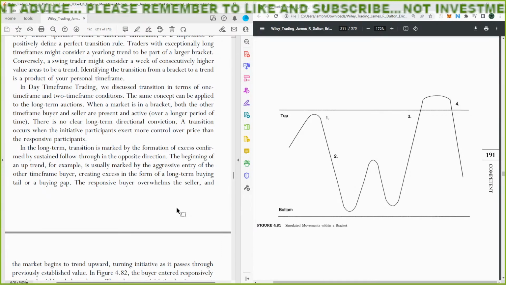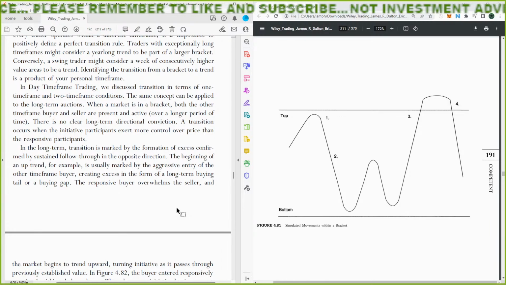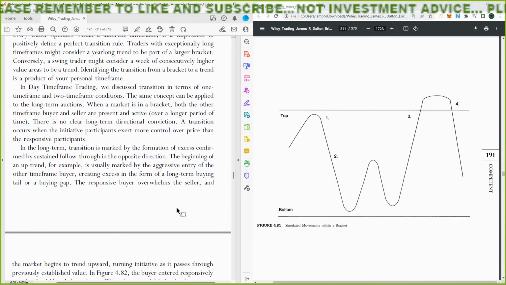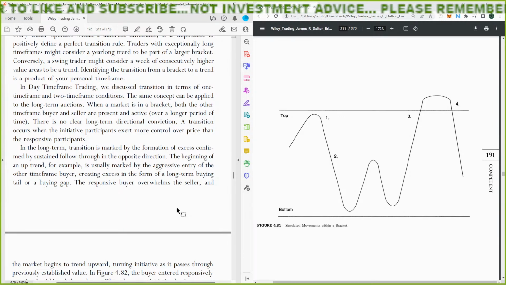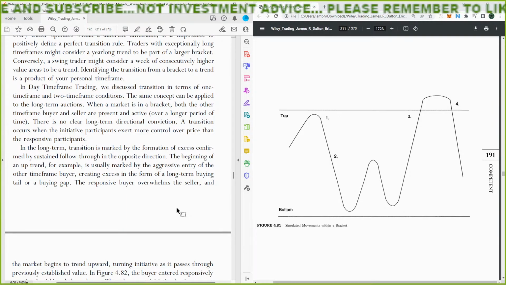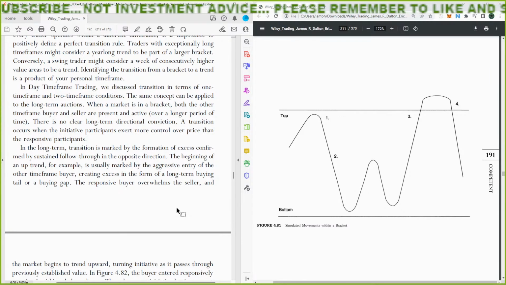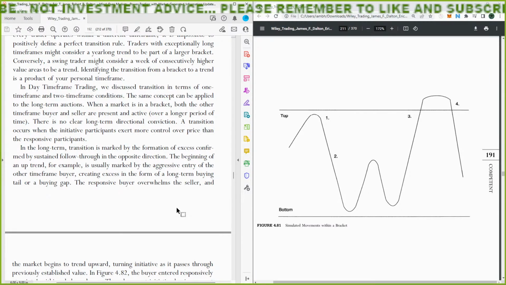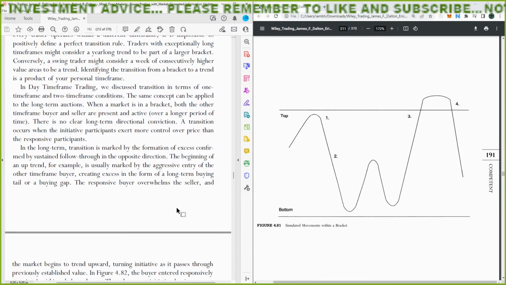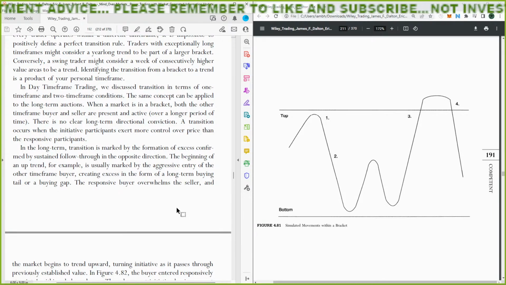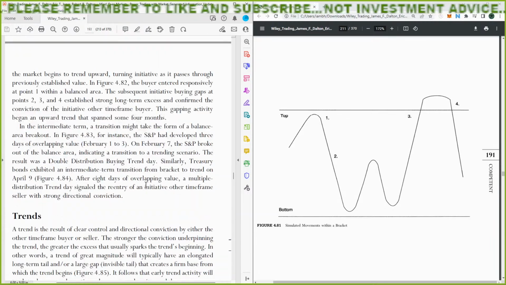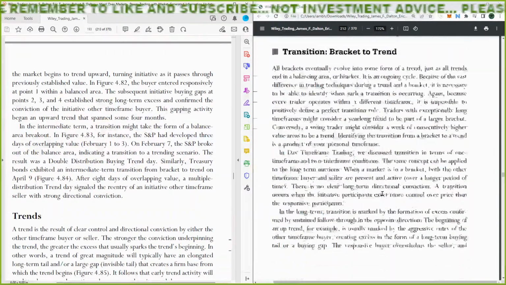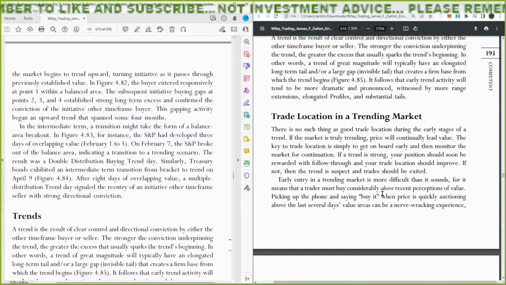In the long-term transition, it is marked by the formation of excess confirmed by sustained follow-through in the opposite direction. The beginning of an uptrend, for example, is usually marked by the aggressive entry of the other timeframe buyer, creating excess in the form of a long-term buying tail or buying gap. The responsive buyer overwhelms the seller, and the market begins to trend upward, turning initiative